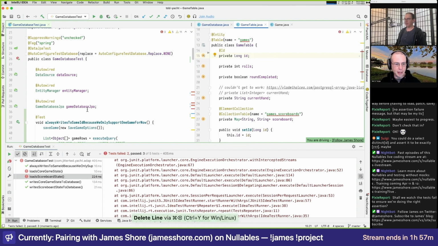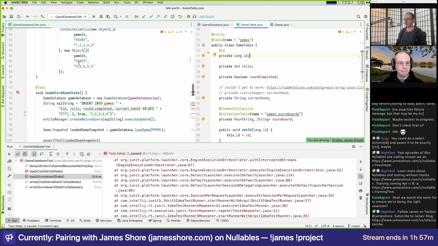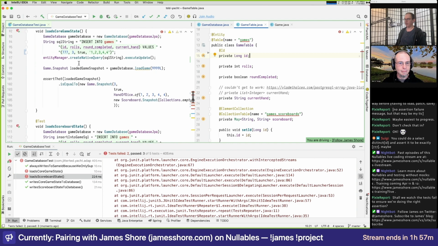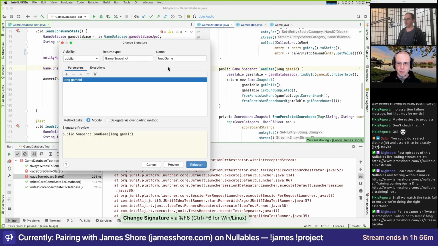Okay, so now to make this pass, I think we can just modify... I don't know where to do this. Probably in game database. I want to change game database so it works even with the wrong parameter being passed in. You don't want to just drop the parameter? Yeah, we could do that. You're saying refactor it, drop the parameter, and replace it with a 777? Yep. Yeah, that works for me.